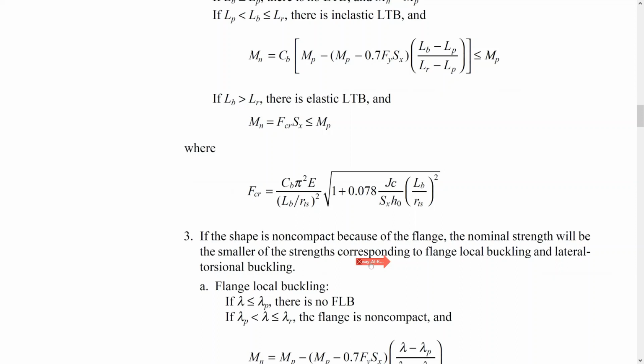We mentioned here that web local buckling is not there, and for the hot rolled sections, the web is all the time compact if Fy is less than or equal to 65, and this is a big category. Now we will check lateral torsional buckling and flange local buckling. We will take the smallest value, meaning the least of these. Okay, so here